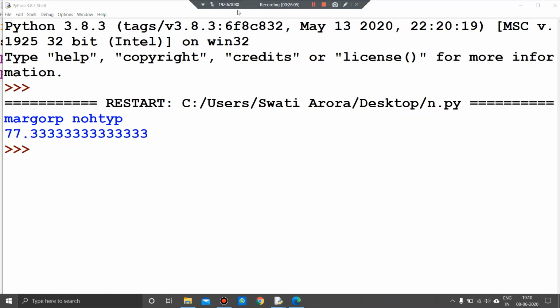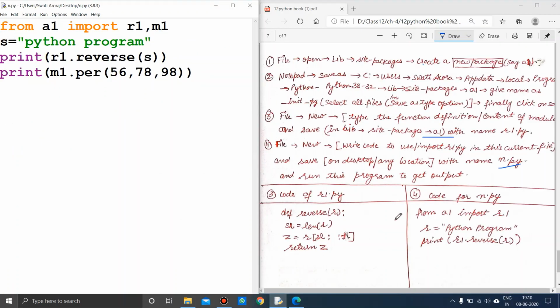It was easy. In the initial stage you may feel it is difficult, but for your convenience only I have created these notes. What is to be written inside? R1 is written here, M1 is written here. Actually this we will run and this will get included here. Okay, when you are writing for R1, this is R1.